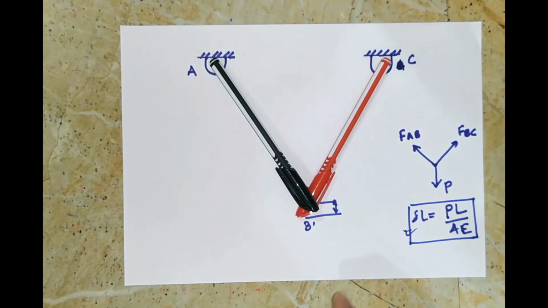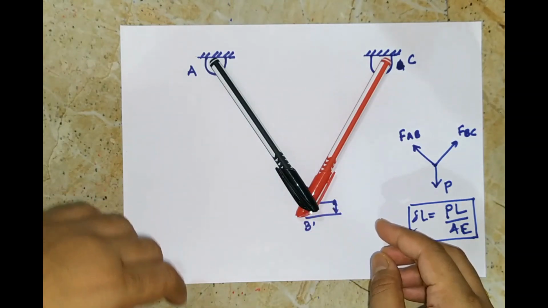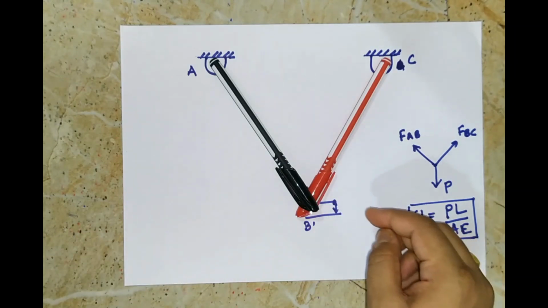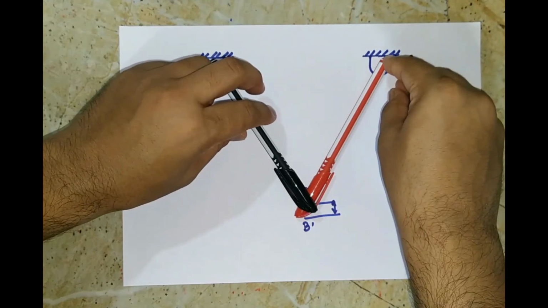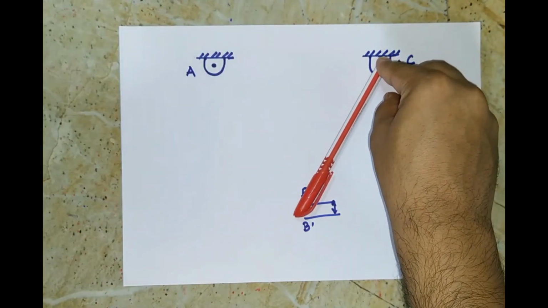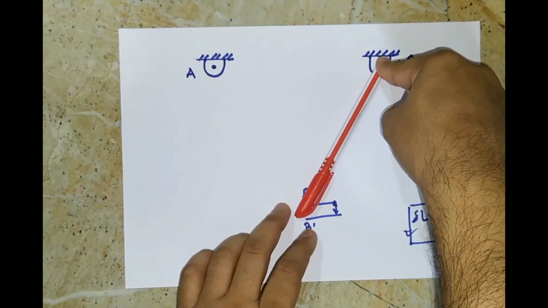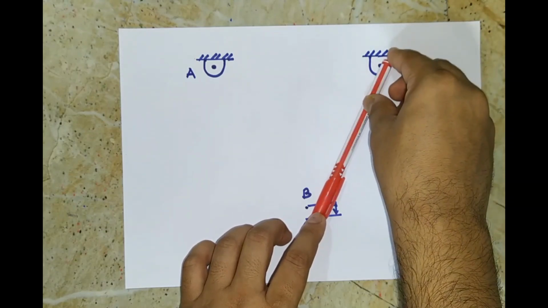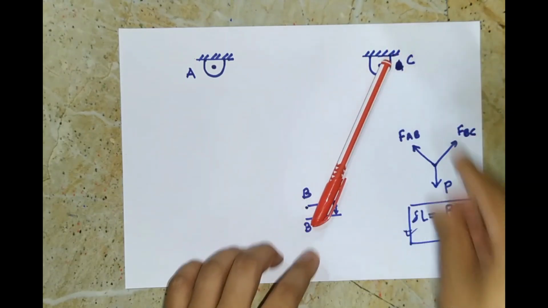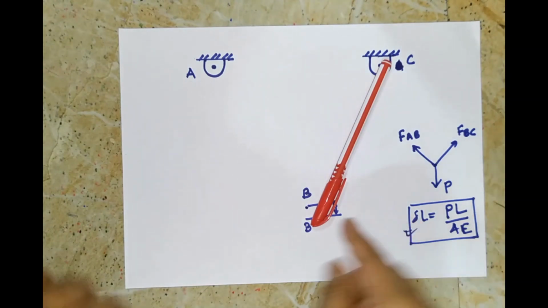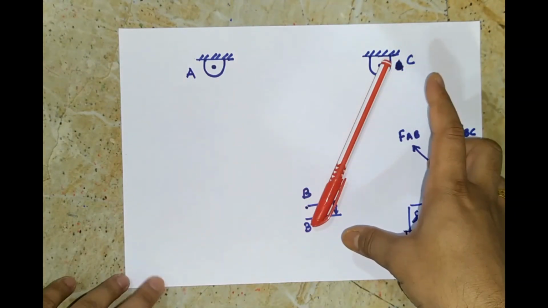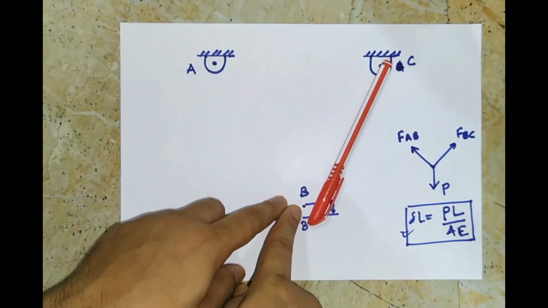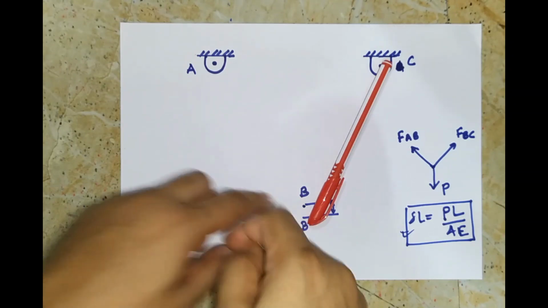Now we see that this is not practically possible. So we draw this displacement diagram to know the final position of joint B. So what we do is, we'll take one by one. I'll remove this. Holding it here, we open this link and try to rotate it this side. Rotation in our example we are going to take as a straight line, because the change in length, that is elongation in the link, corresponding to the initial length of the link is very small. So this circular path will be like a straight line.